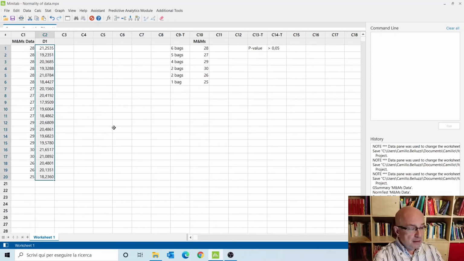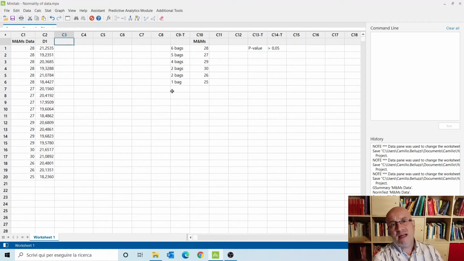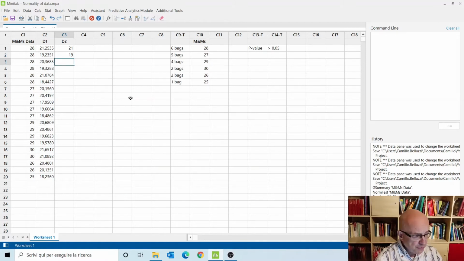And let's figure out that we take the same 20 parts and we measure them again, the diameters, but with a much less precise instrument that provides us with no decimals. Okay, so let's call this column D2, where we put the same 20 data, but rounding them to the whole number. So the first value becomes 21, the second value becomes 19, the third value becomes 20, and then I will